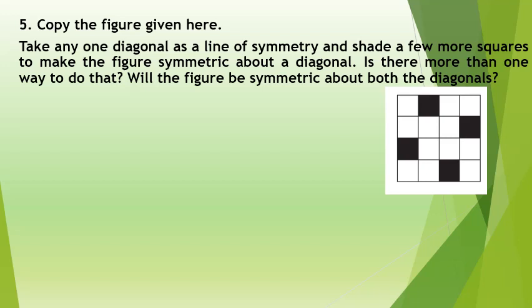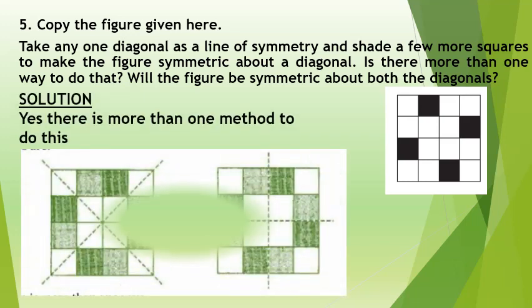So we can draw a diagonal. Here it is given a square, so we can draw 2 diagonals. First of all, we have to draw any one diagonal, and we can see that we will get a symmetric figure about this diagonal. First we are taking this diagonal, and here it is given this colored portion, so very next to the colored part you have to shade it, and the shaded figure is shown here, and if we fold along the diagonal we will get a symmetric figure.